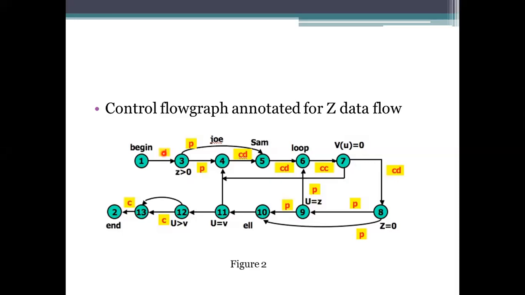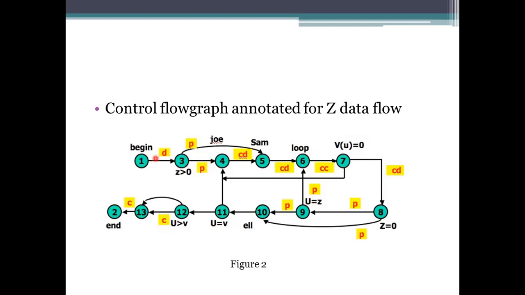So there is no need to study that variable further. Here I am taking another representation, which is the Z variable. This Z variable has multiple definition clear paths. Having multiple definition clear paths means it shows the path segment which has been before the redefining.